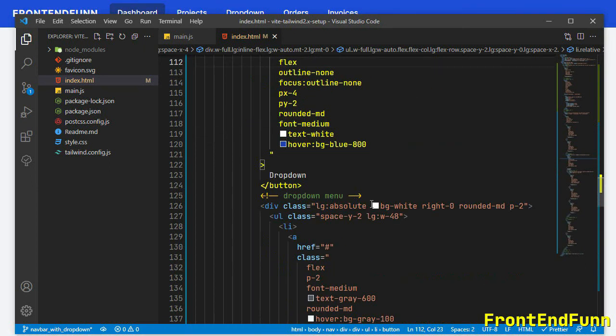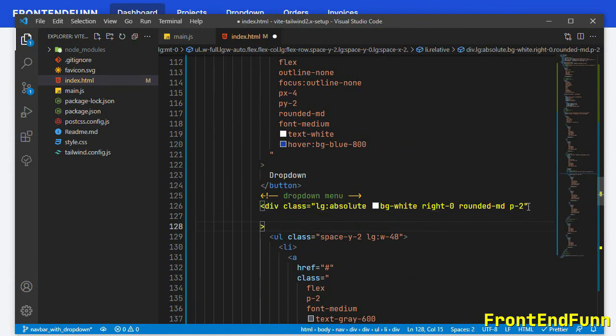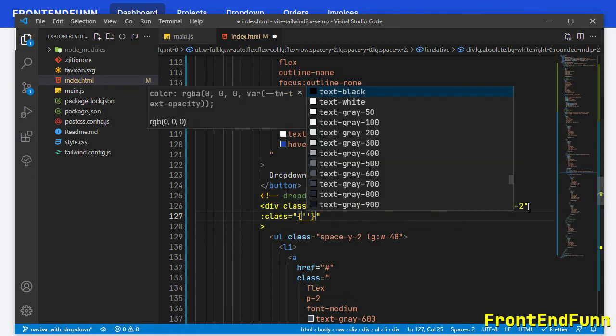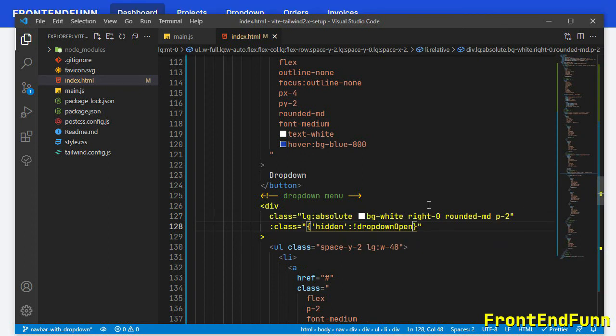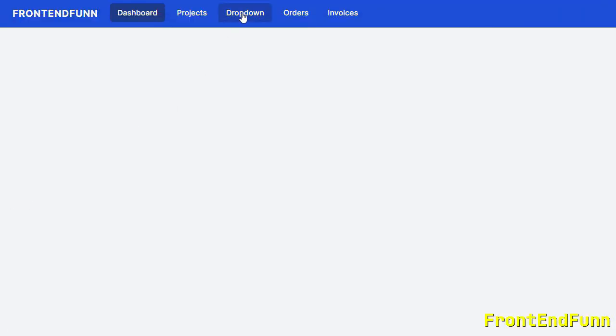If the drop down is not open, then we need to hide this element. So I'll just add the class hidden when drop down is not open. Okay, so by default the element will be hidden, and we want to make it appear when the drop down is true.